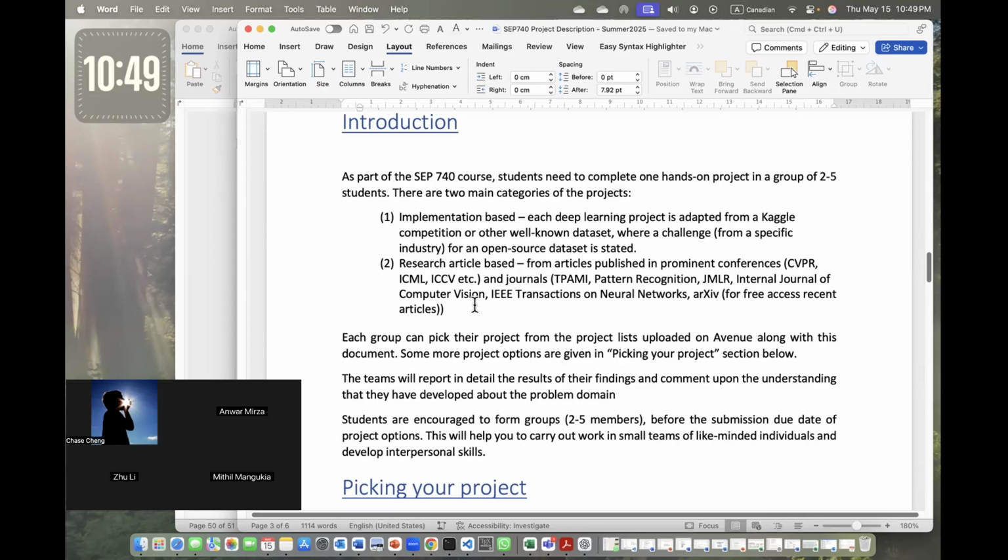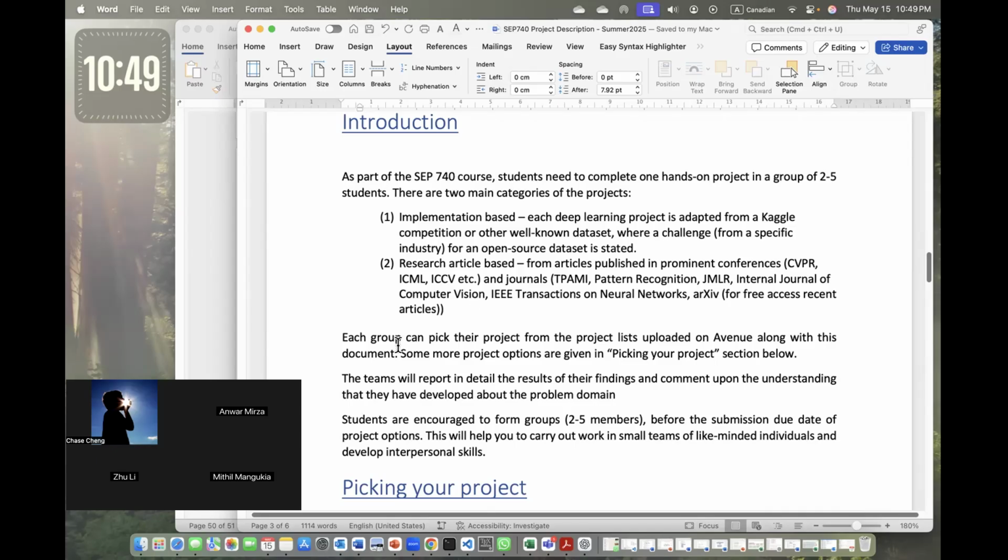In future you can become a great scientist working in the field of deep learning or neural networks. Since all of you are graduate students, MS or PhD students, this is the kind of thing that some of you will be very much interested in doing. So I'm giving you options about both kinds of work as the project work